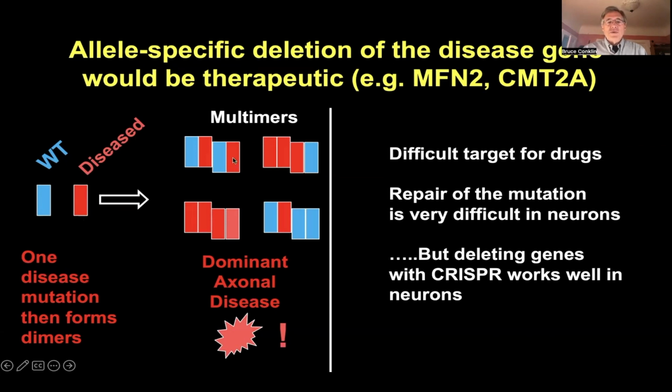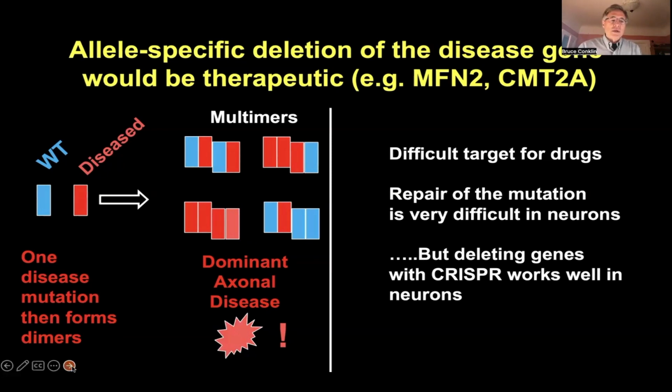However, when it forms multimers, the proteins actually form multimers. You can see that there are many different combinations which could be contaminated with this red gene. And it's very difficult for CRISPR to target this mutation, and at least to repair. It's also a very difficult target for pharmaceuticals because of the nature of these complexes. But fortunately, what we found is that selectively deleting genes with CRISPR works very well in neurons, and this potentially